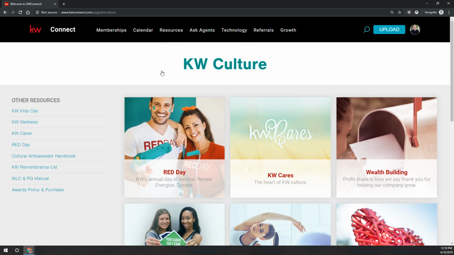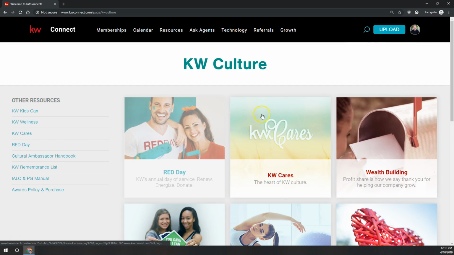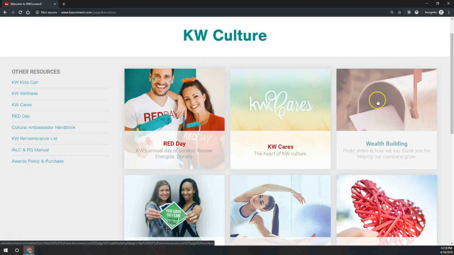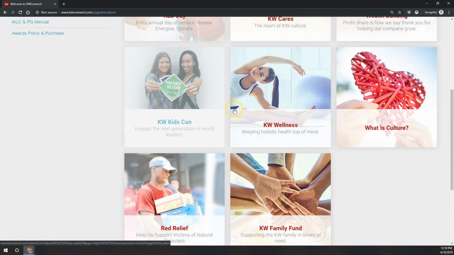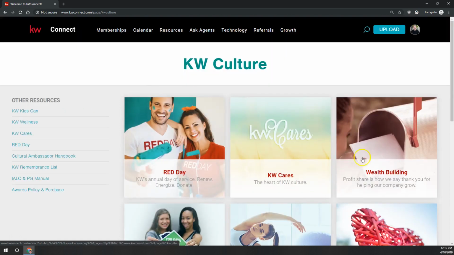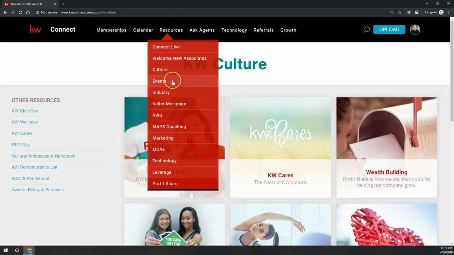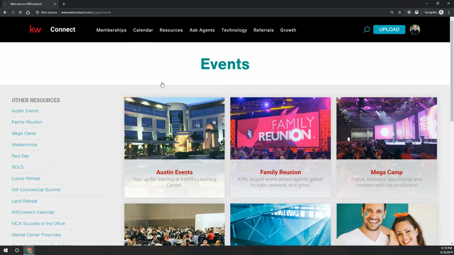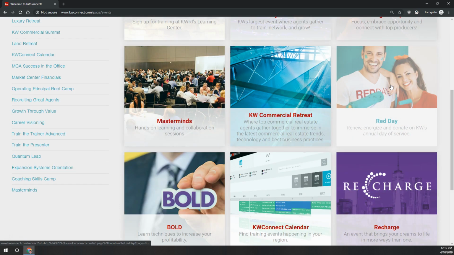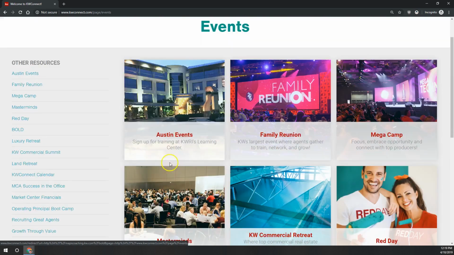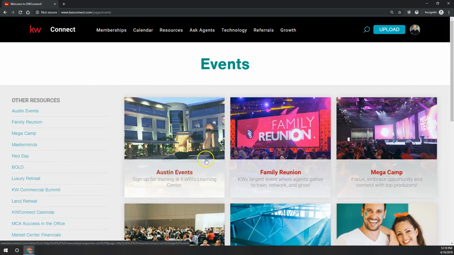So that's where you're going to find information about Red Day, which is coming up. KW Cares, wealth building through, what is that, profit share, KW Kids Can, and wellness and all that. And if you want more information about those, you can click on each one of those to go see what that is there. Also under resources, we've got events, and these are going to be the big events. This is Family Reunion, this is Mega Camp, this is what's going on in Austin, Mastermind Groups, Red Day, it's coming up soon, Bold. And if you want more information about any one of those, you can click on those